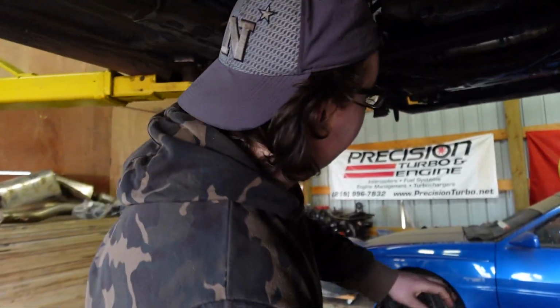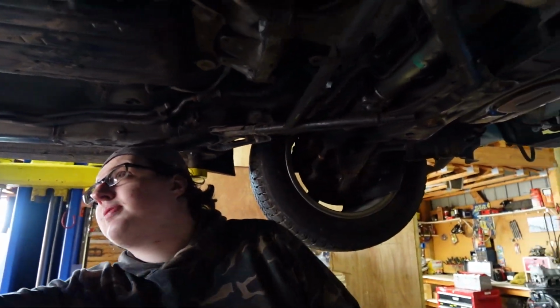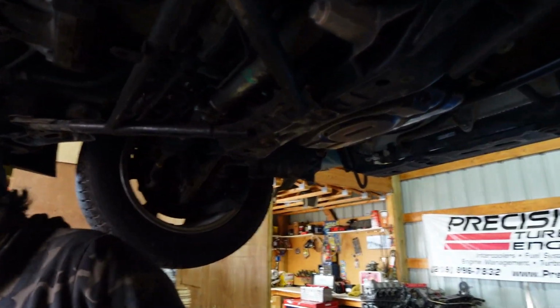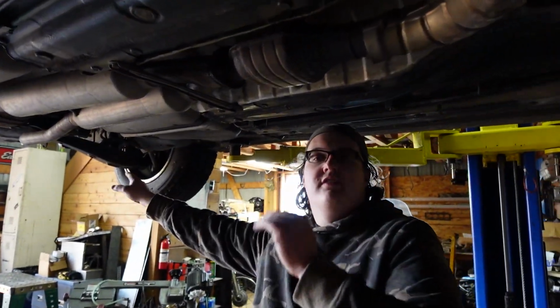And then we're going to pick up the engine by the oil pan, replace the front motor mount, then replace the transmission mount, and then pretty much from here back, we're going to remove the exhaust and slap in our scaly junkyard